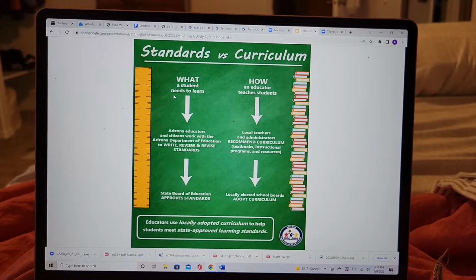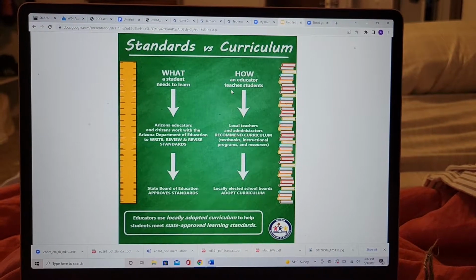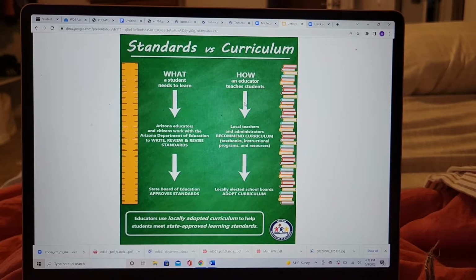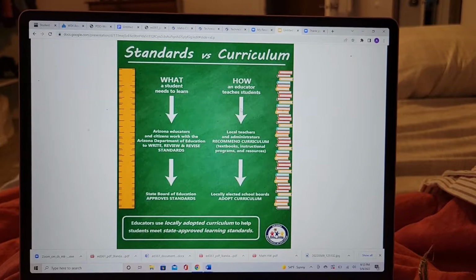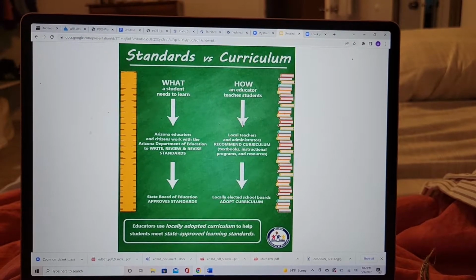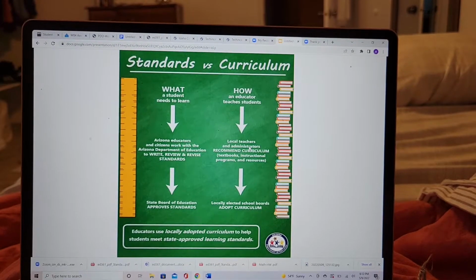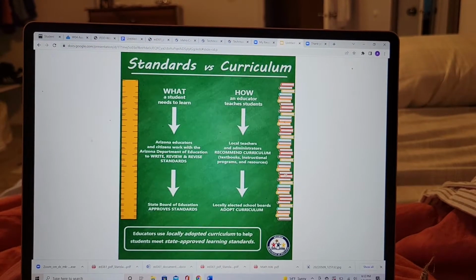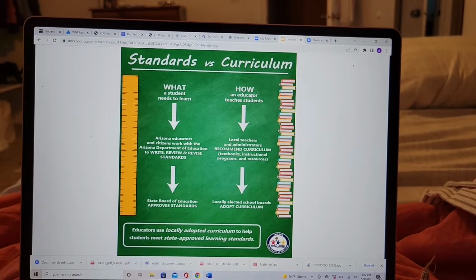And then the curriculum is how it's presented. That can change based on the teacher as well as the district and the schools, and they might want to implement certain things or books or ways of teaching. But that is figured out locally, and it's just the how, just like it says right here, the what and the how.